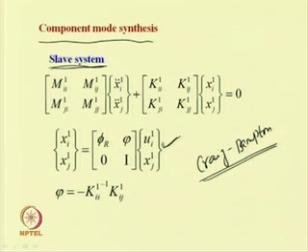Let us take only the undamped linear system. For the undamped linear system, we can write the equation in this form: m x double dot plus k x equal to 0. Here we have taken only the slave part. In this case, i represents the interior coordinates and j represents the junction degrees of freedom. So we can partition this stiffness and mass matrix of the substructure into interior and junction degrees of freedom.